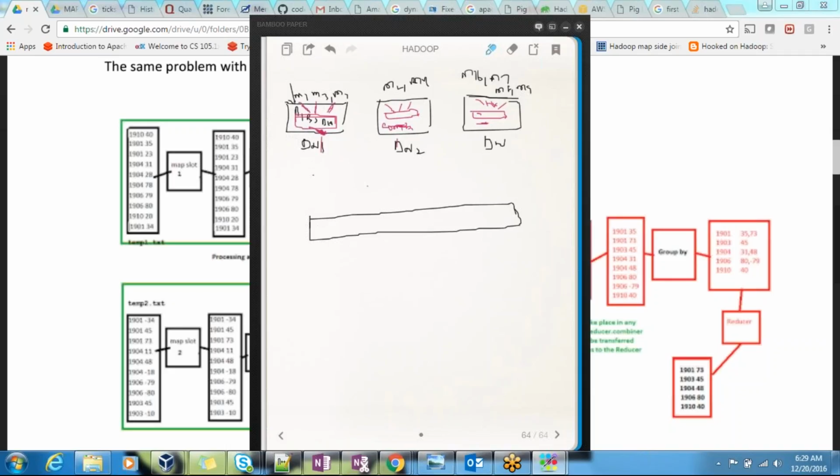So instead of sending the whole output, I'm sending less output to my global shuffle and sort. Then less data will go to your final reducer.